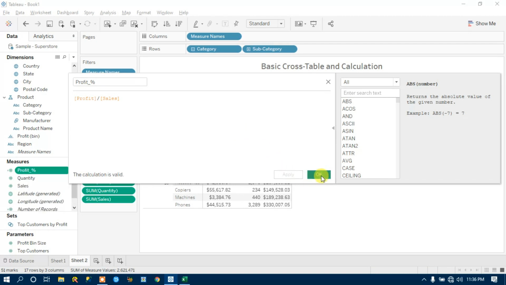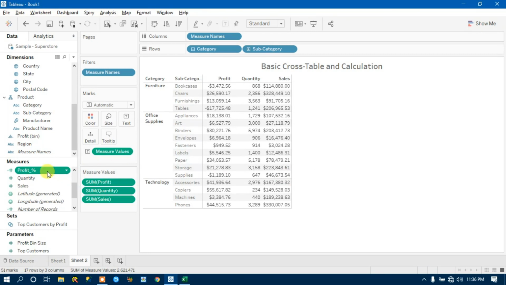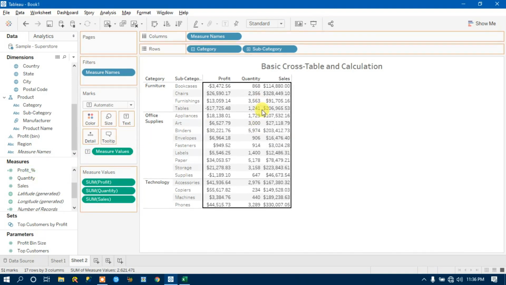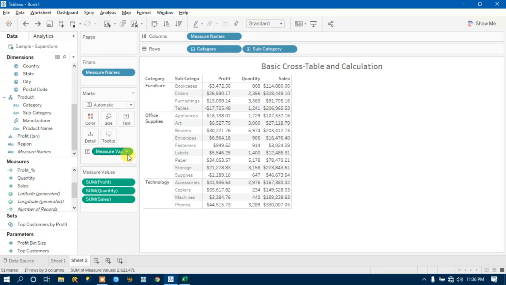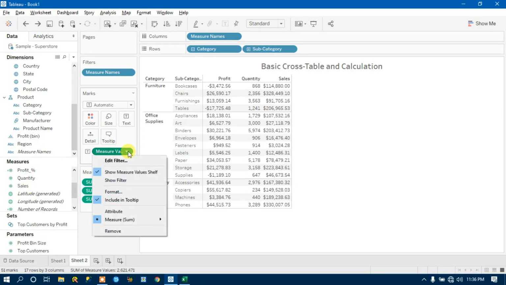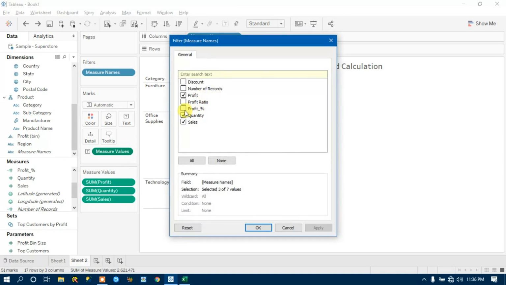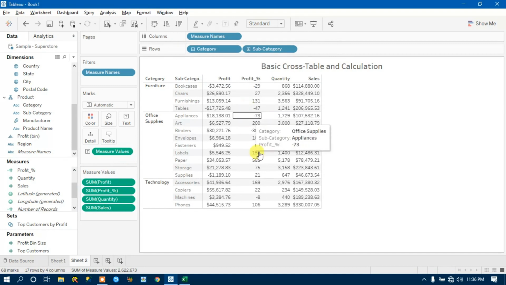If I click apply, then okay, it will give me a new measure field. If I want to include it, I can simply drag it over here, or else click on this measure values, edit filter, and select this profit percentage option. It will automatically be dragged in.